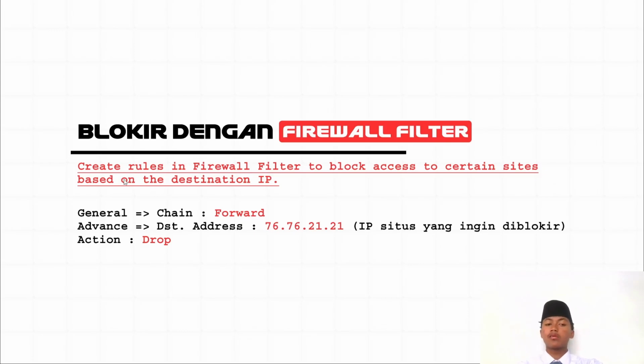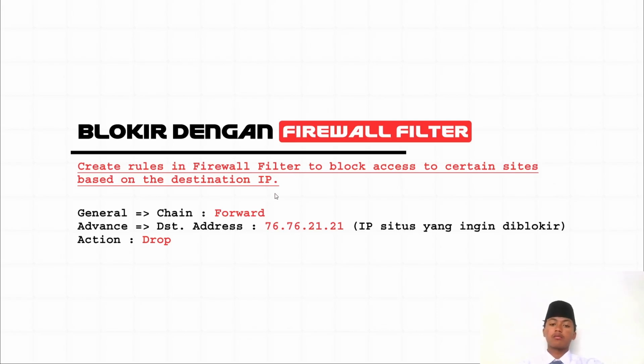What is firewall filter? Firewall filter creates rules to block access to content sites based on the destination IP. This way uses the destination IP of the content site to block the website.